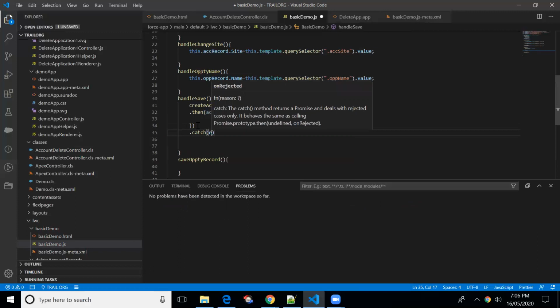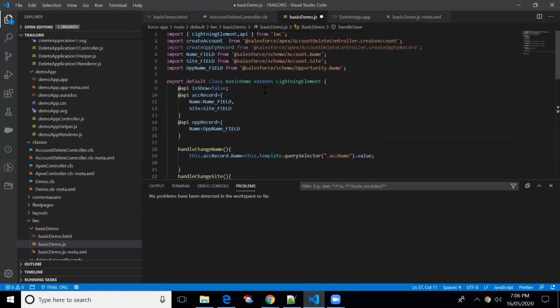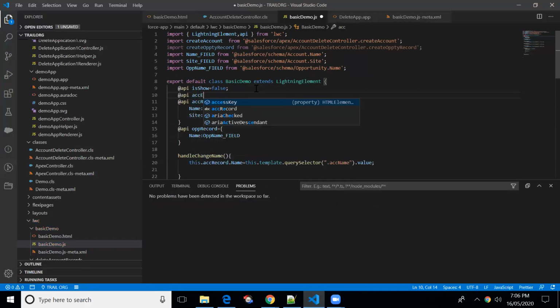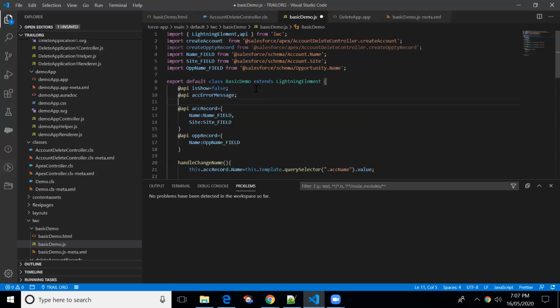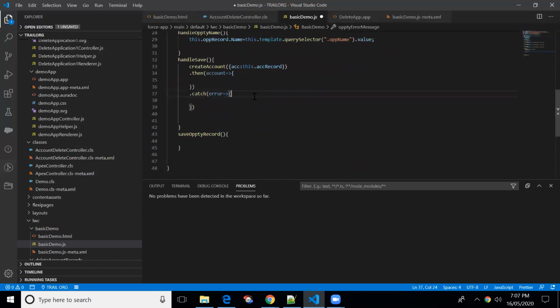For the error, I'll create a property. Let me create two variables: ACC error message for the account error message, and one for the opportunity error message.